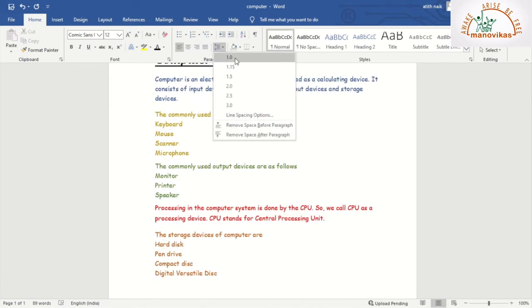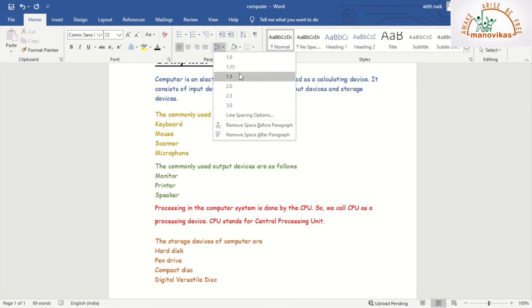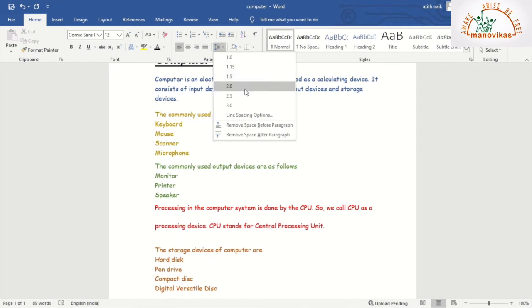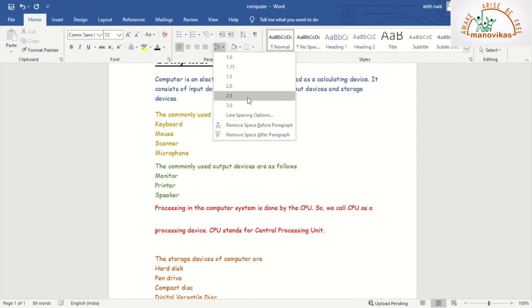We have options here as well. This will increase the space by 1 time. This will increase the space by 1.15 times. This increases the space by 1.5 times, and so on.